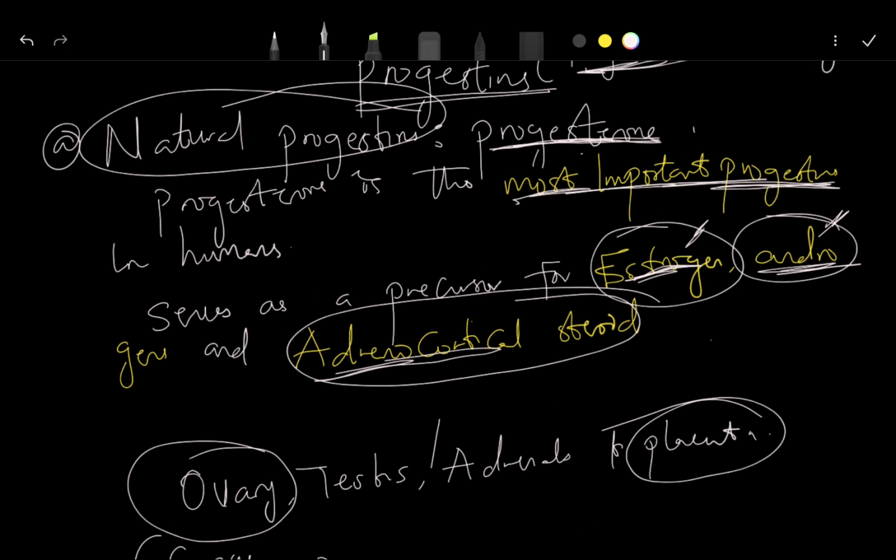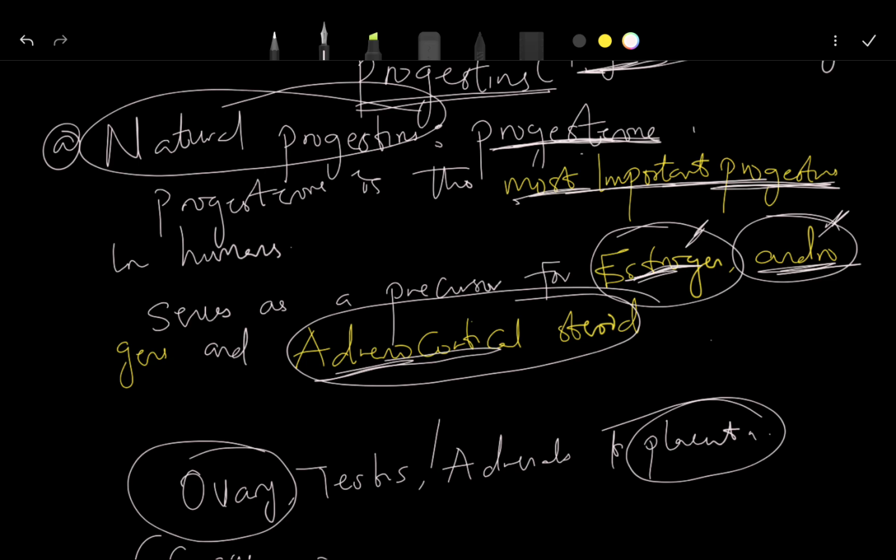Now, what do you think we use progesterone for? What do you think is the main use of progesterone? So, the main use of progesterone, or the physiological role of progesterone in the body, before we talk about its clinical use, is that it helps to prime the uterus. It helps to make the uterus secretory in nature so that the incoming embryo can implant properly. So it prepares the uterus for the incoming fetus.